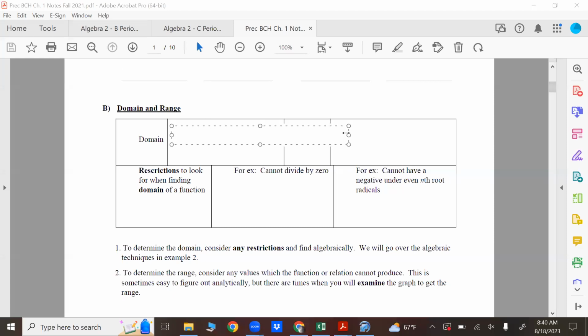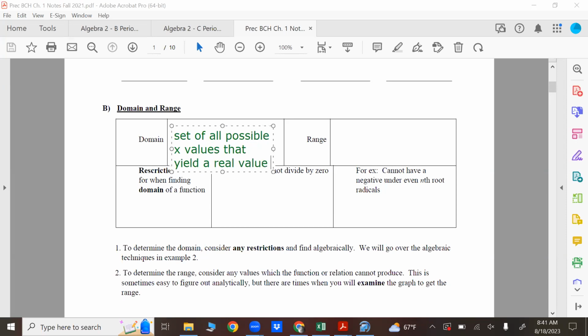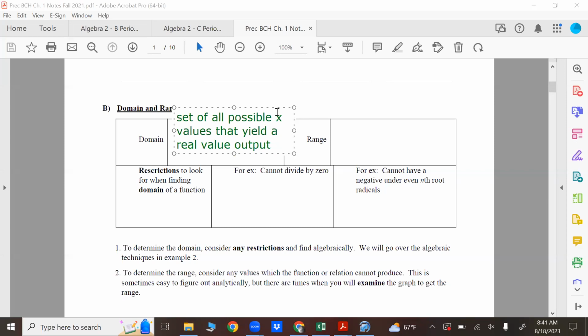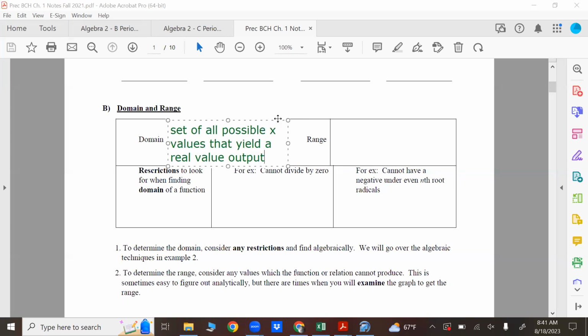Okay, domain. You guys should know this by now. You should be very, very comfortable with domain. It's the set of all possible x values that yield a real value output. Let me resize that just a tad. Awesome, that fits very nicely. So instead of all possible x values that yield a real value output, it just means x, right? Just give me the x values. That's all it is. So the range